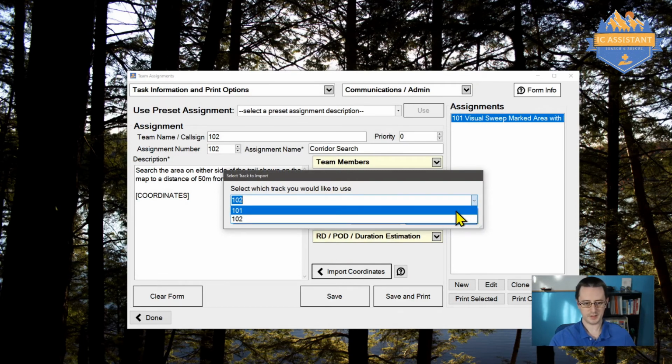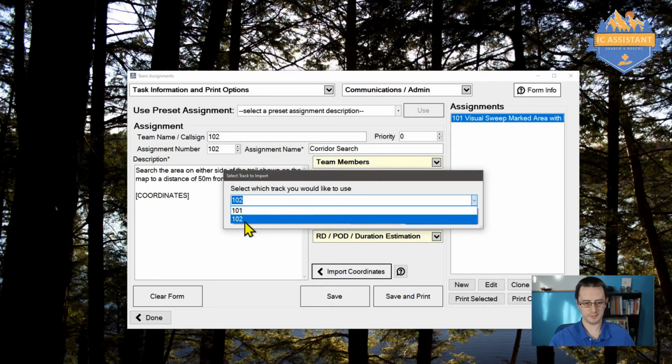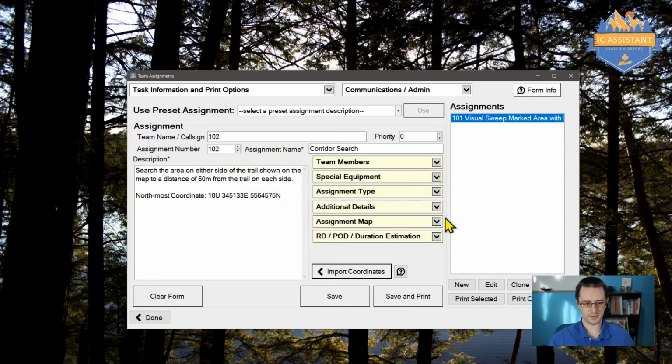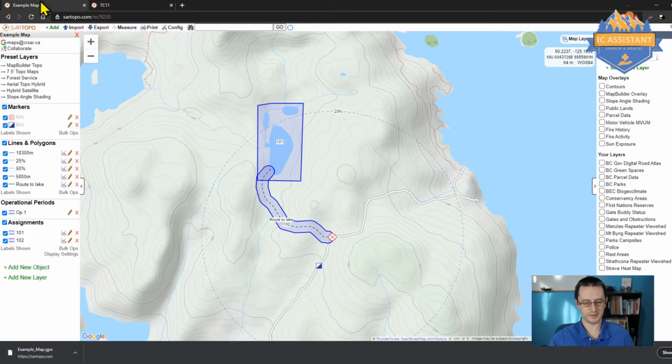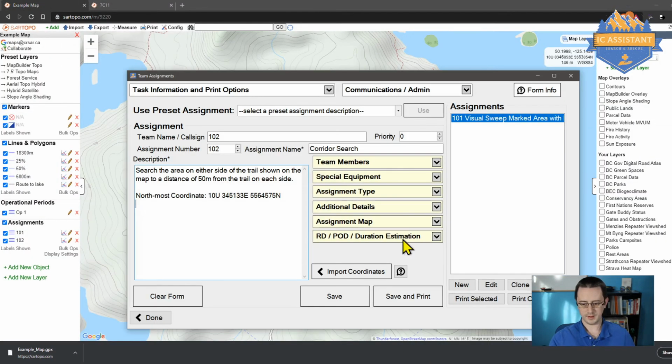It's going to ask you to pick the assignment, so it found 2 assignments in that GPX file. It's guessed that 102 on the GPX is going to match up to 102 of the assignment number. Just import coordinates, and it'll replace that coordinates tag with, in this case, the northmost point on that shape. If we go back to the map, you'll see it's a sort of weird, ugly shape, and it's just grabbed the most northern point of it. If we had a more regular shape,